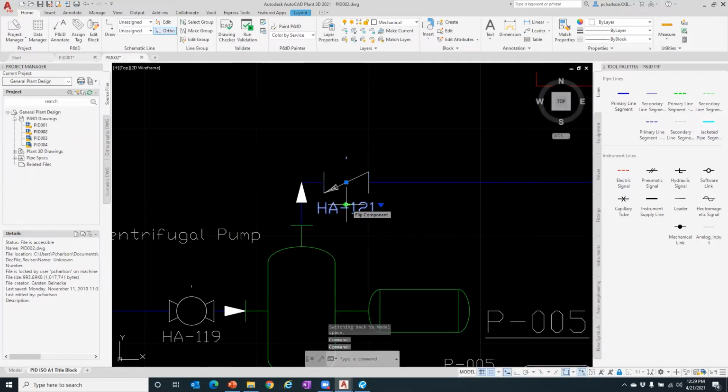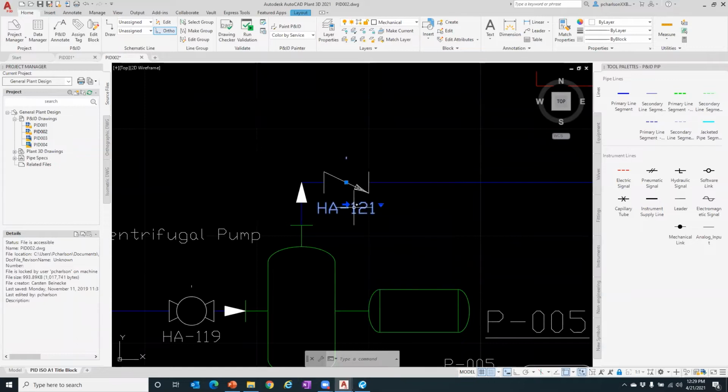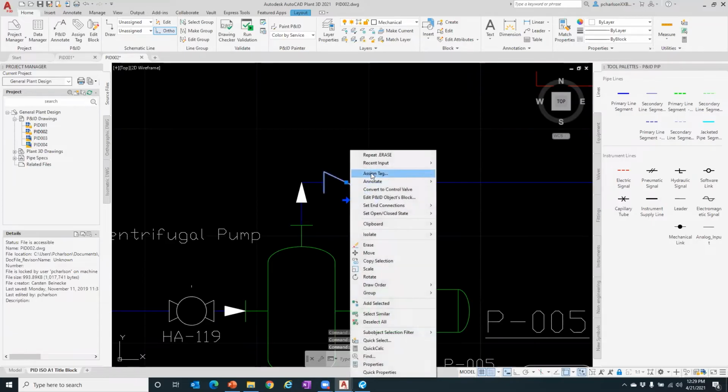So we got our flip component there. We also have the option to assign tags. So when I go in and use my right-click menu, we can go in and assign a tag. You can see we've got a tag for this one already here. But if I go in and delete that out, just to kind of show you what happens when we click